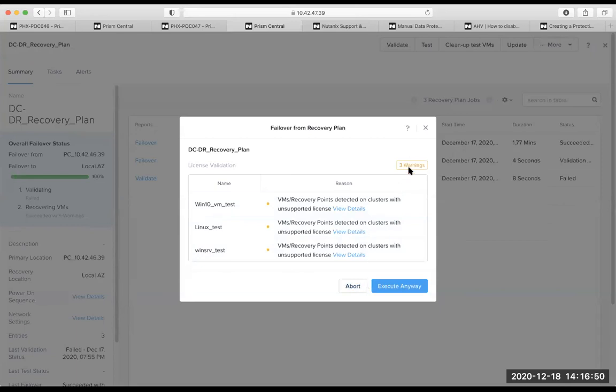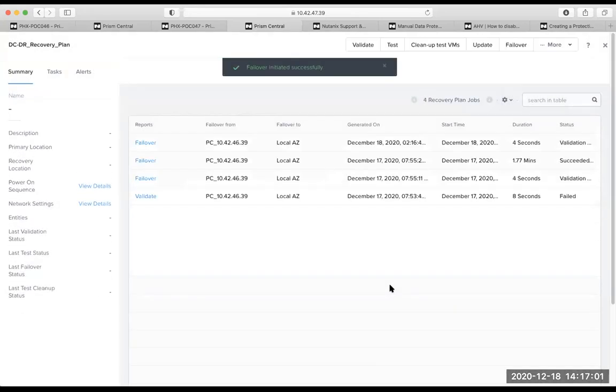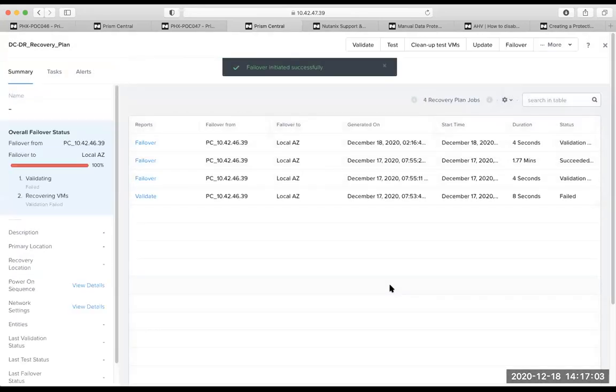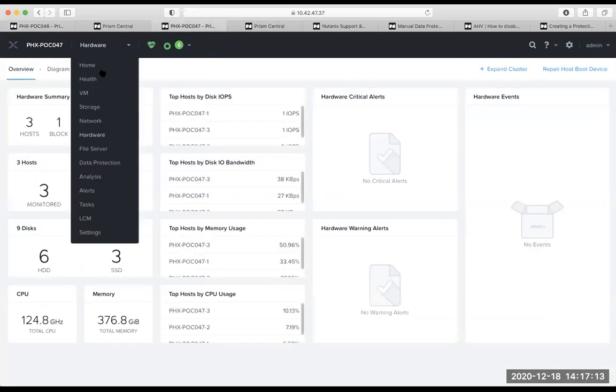Right now we are getting these messages because the licensing is only a trial license, since this is a DC demo environment. So I just click on execute anyway. Now it will start the execution of failover from the DC to DR. In some time you will see that this is green, this will become red here, and the VM will start reflecting on this cluster.